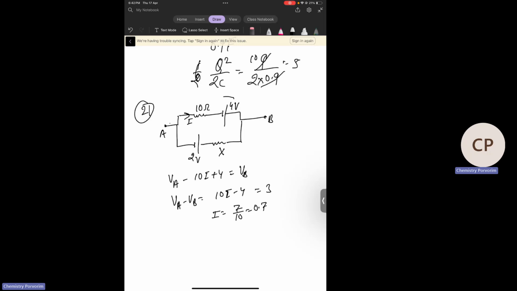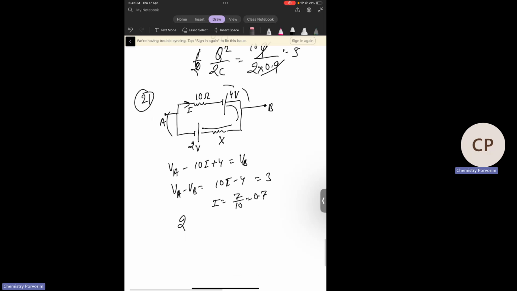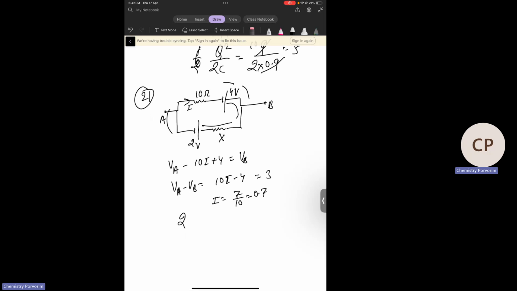Okay, consider this closed loop. This is 4 volt, this is 2 volt. Net EMF in this circuit is 2 volt, and net resistance is 10 plus X. So current is equal to 0.7,